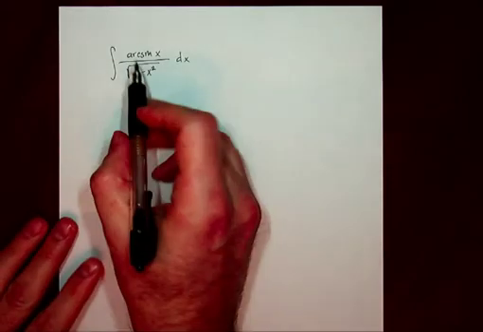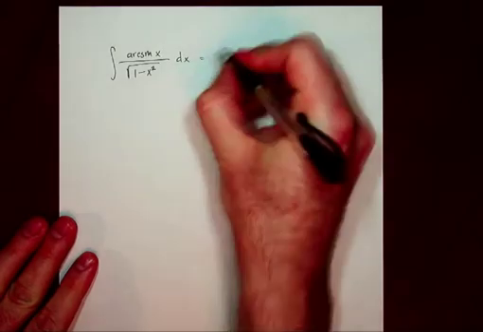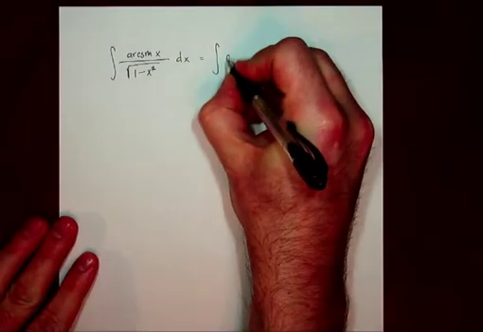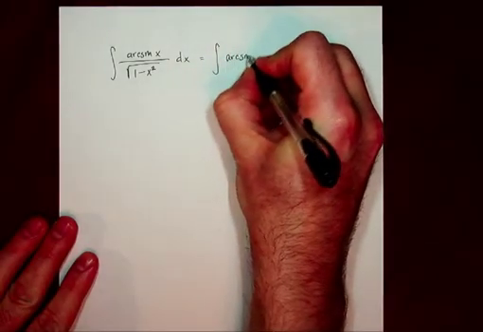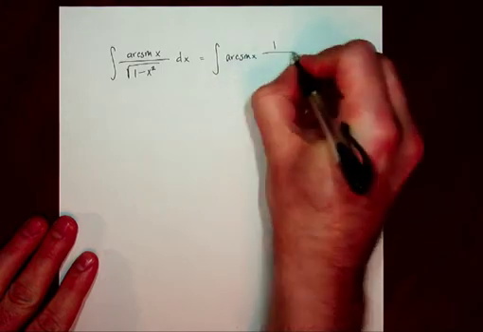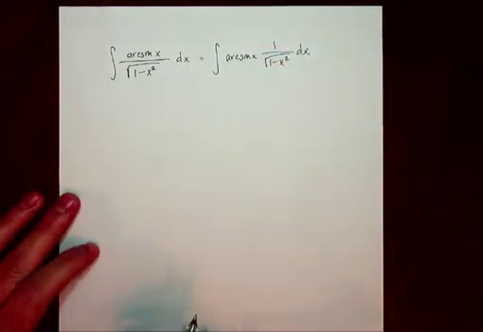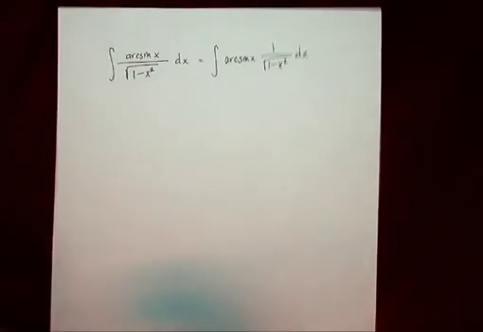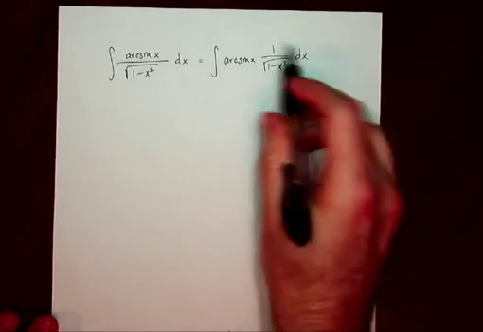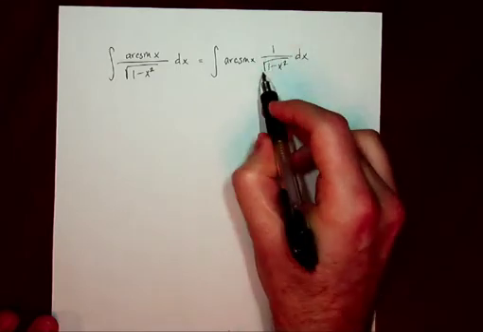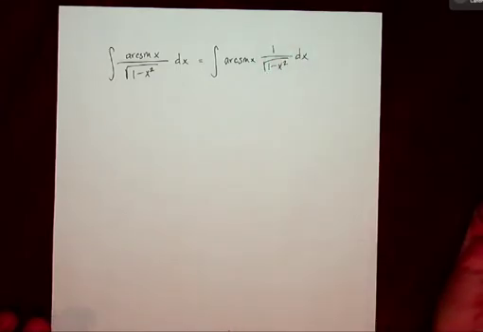What happens here is, when in doubt, go ahead and separate things. Okay, and once I've taken that numerator away from that denominator and left the 1 over root 1 minus x squared as its own thing,